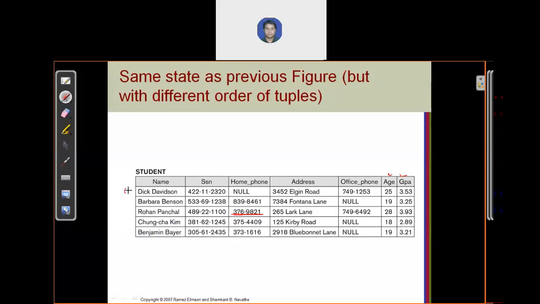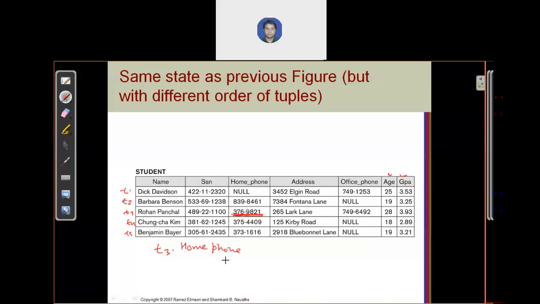You can say this is tuple 1, tuple 2, tuple 3, tuple 4, tuple 5. So you will call this value by tuple 3. It belongs to tuple 3 dot, which column, which attribute name? It's called home phone. In this way, you can call these data values: tuple name followed by column name.